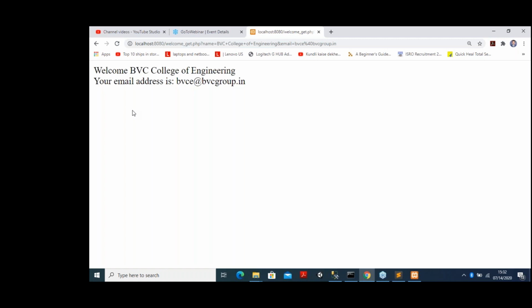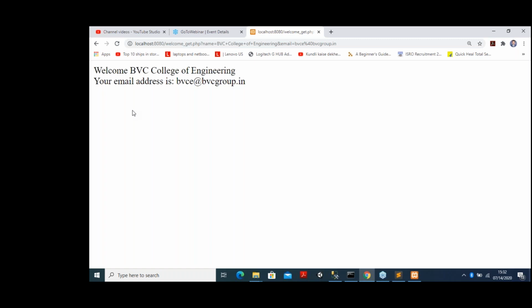So anybody who wants to check, if you are using this GET method, he can see all your confidential matters. So in case it is not confidential and small things for testing purpose, etc., you can use the GET method. But by default, we have to use this POST method.